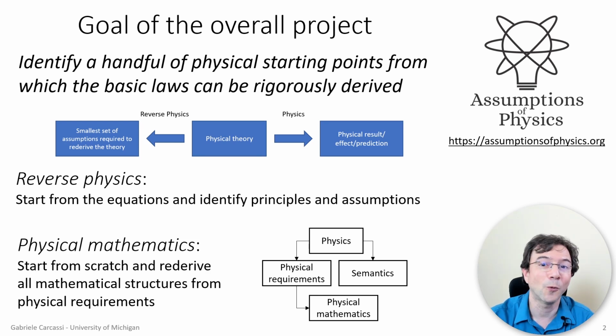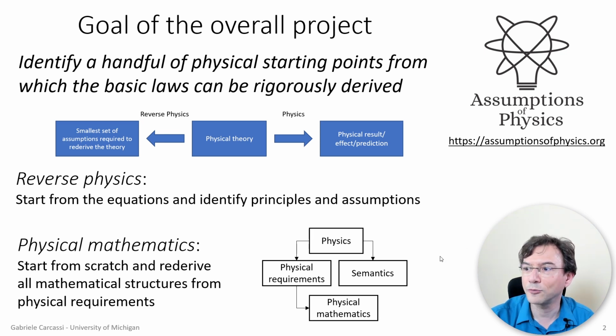So if you don't know what the assumptions are that go into using the real numbers in physics, well, you still have holes underneath. So we have this other approach called physical mathematics that really starts from scratch and layers each axiom and definition with a physical justification, so that you know exactly what the symbols are supposed to represent, and therefore everything in the mathematical structure now is physically meaningful, and that's why it's physical mathematics, it's physically meaningful mathematics.